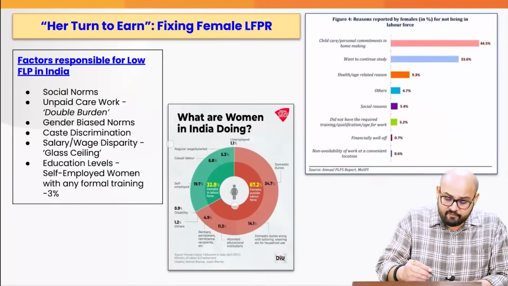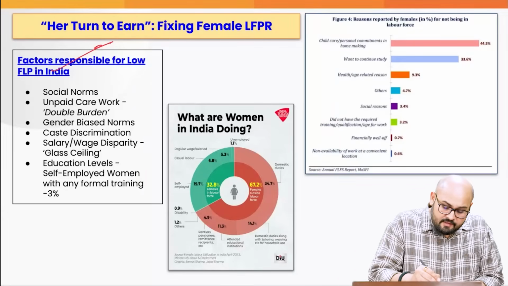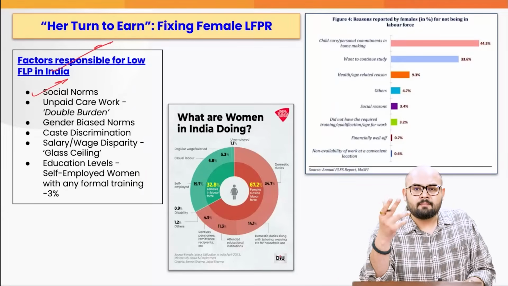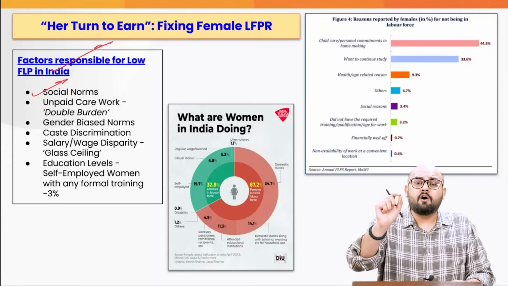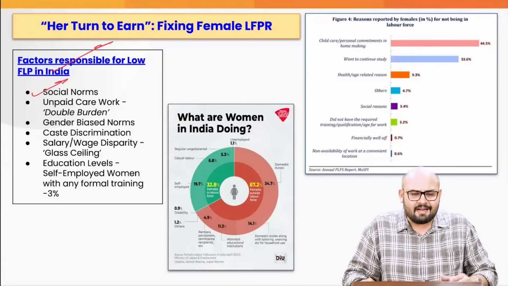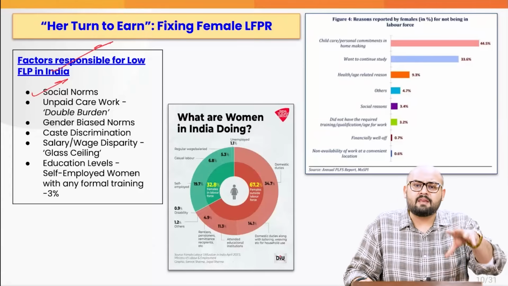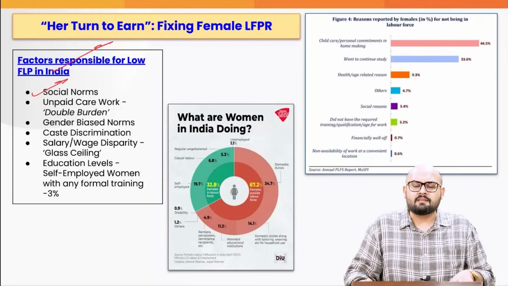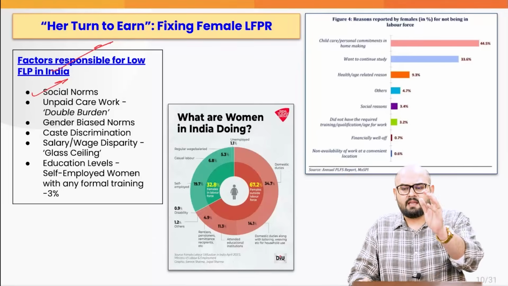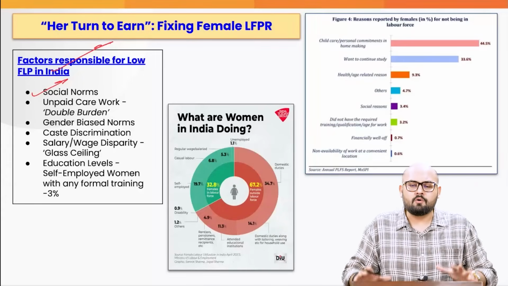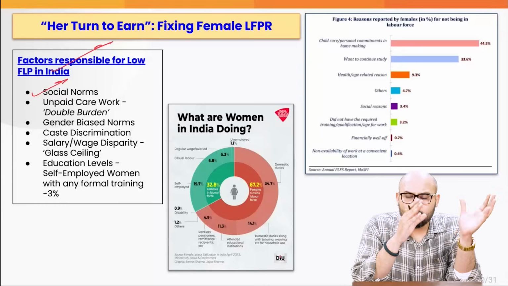Now, what are the factors responsible for the low female labor force participation in the country? The very first is social norms. But what do we mean by norms? Norms are the informal rules of conduct. I'm saying informal rules of conduct that are deeply ingrained in the minds of the people. India is a society which is still very patriarchal. What we still think is that males are the main breadwinners of the family. Women's responsibility is with respect to the domestic chores. So we have this particular notion, and this is one of the reasons why we have lower participation of women